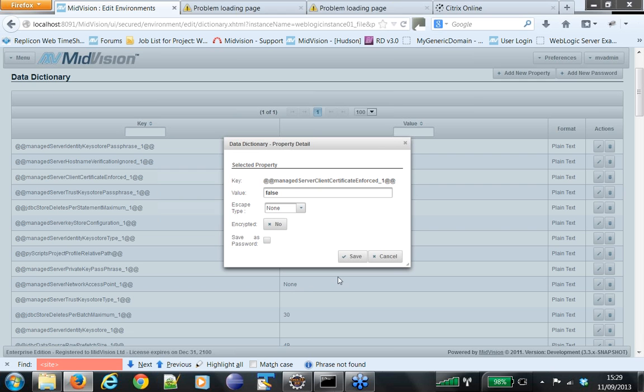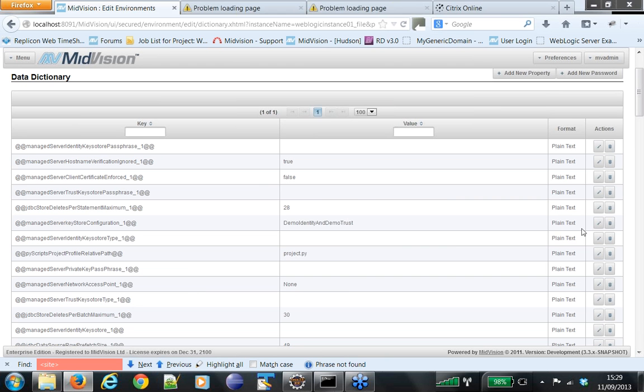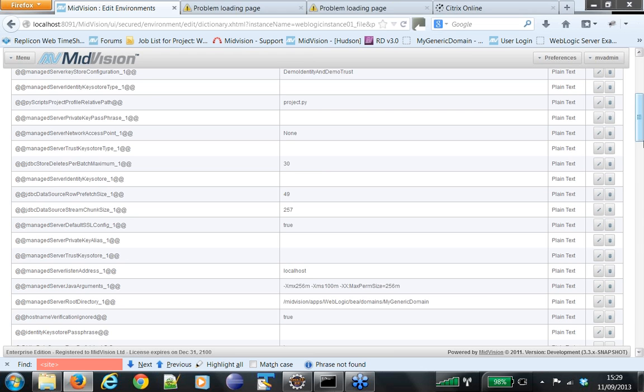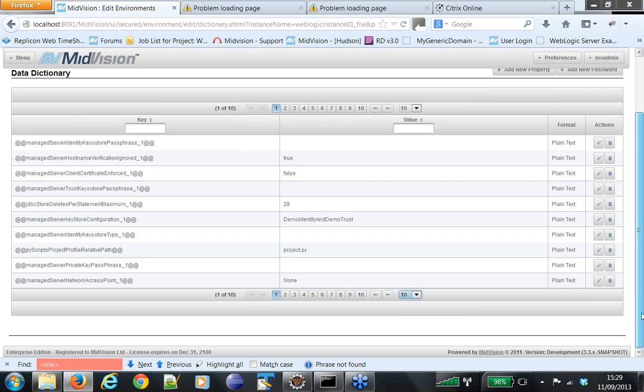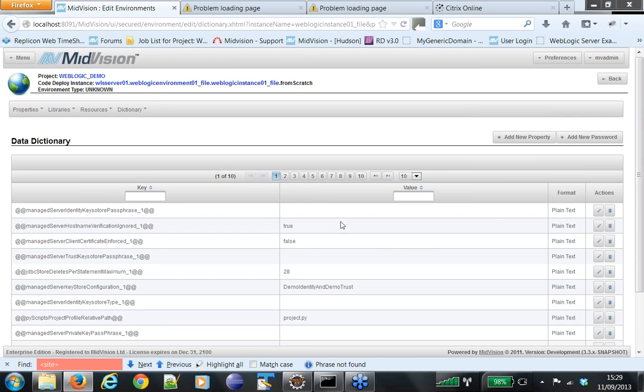I'm going to give it a root directory. I'm not going to configure any key stores or anything. I'm going to configure a cluster with multicasting. I will configure a file store, a JDBC store. I'm going to configure some JDBC resources,